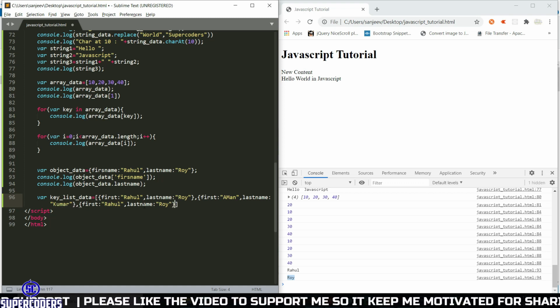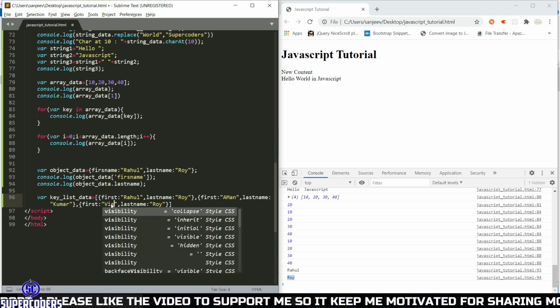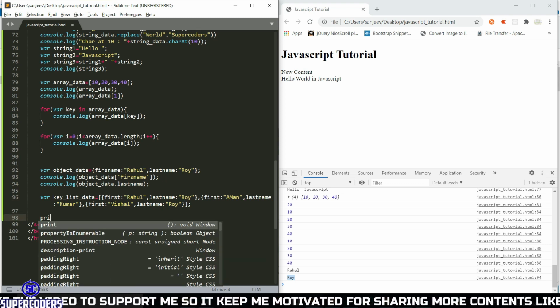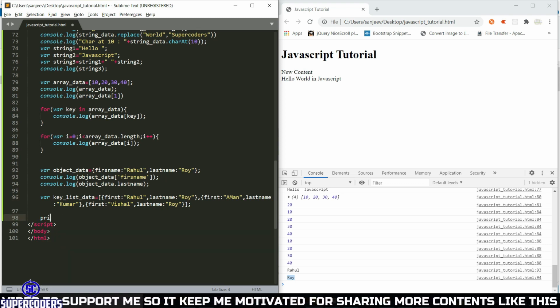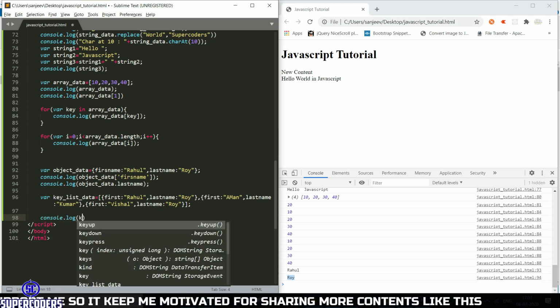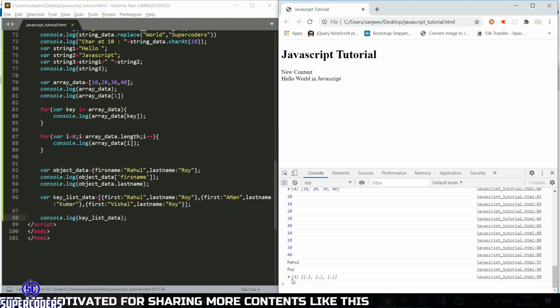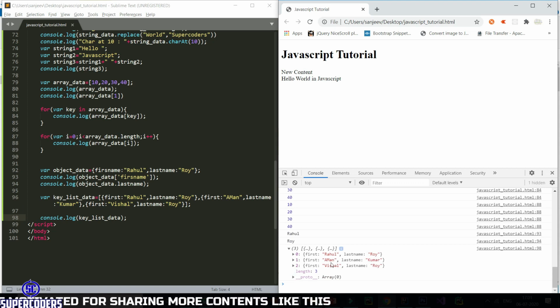Then adding again another object, Vishal Roy. Now let's print this data. Console.log key list data. So you can see this output of objects here.